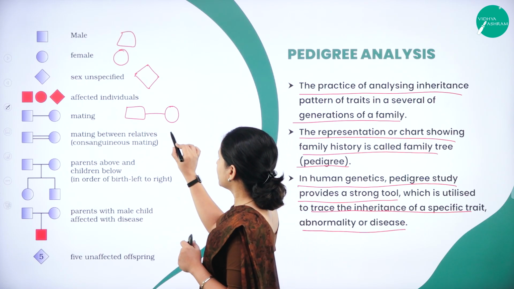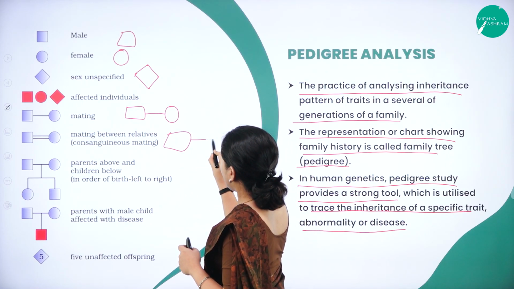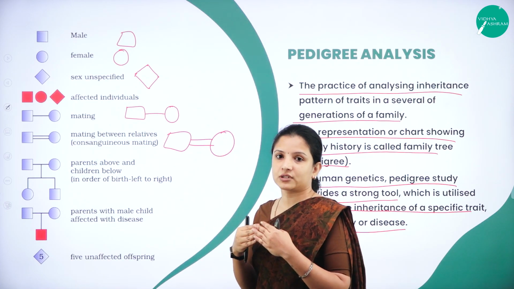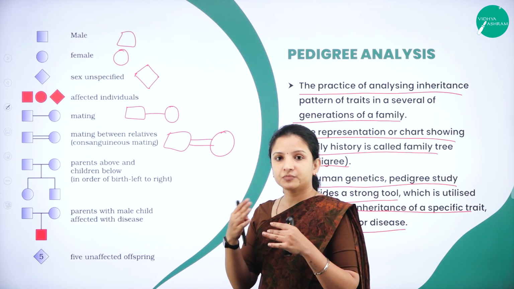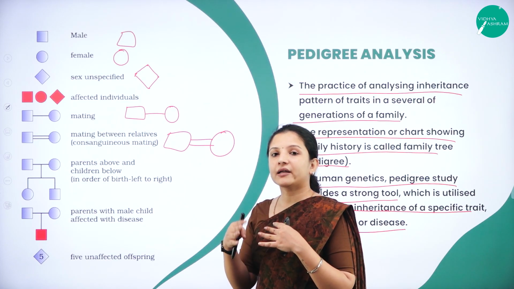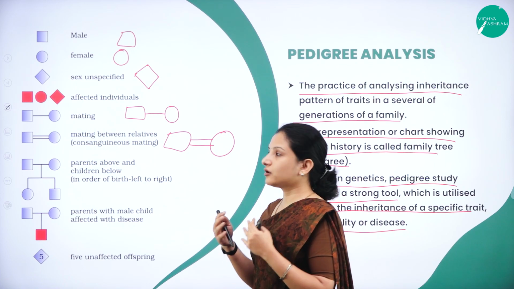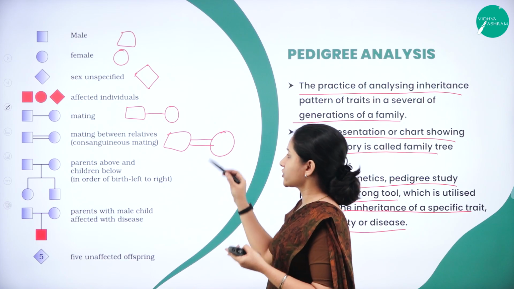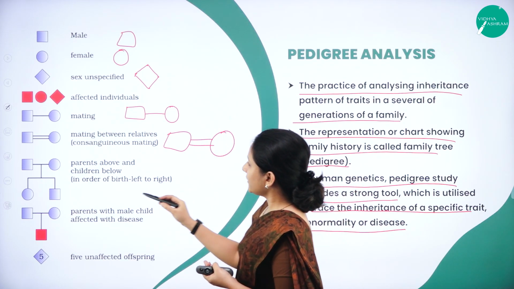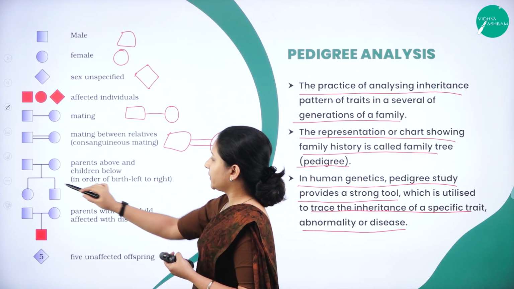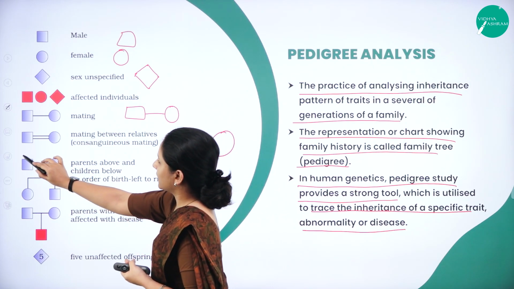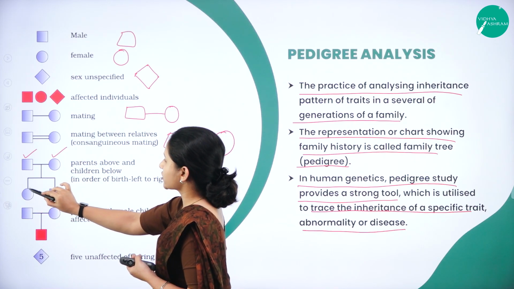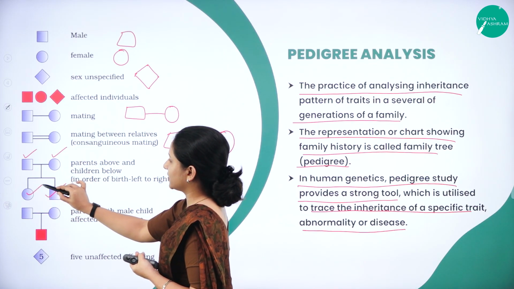So to depict that, the male and female are both relatives. They are from the same family. They are very close relatives, like maybe the mother's brother. The female will marry the mother's brother. So like that, very close relatives. So it is represented like this too. They have a very strong connection. It is represented by a double line like this. And parents above and children below are represented like this. So these are the male parent, female parent, and the female progeny and the male progeny. It is represented like this.